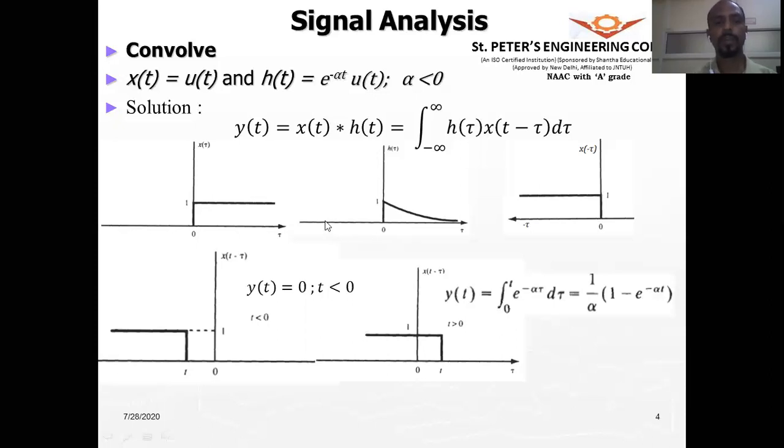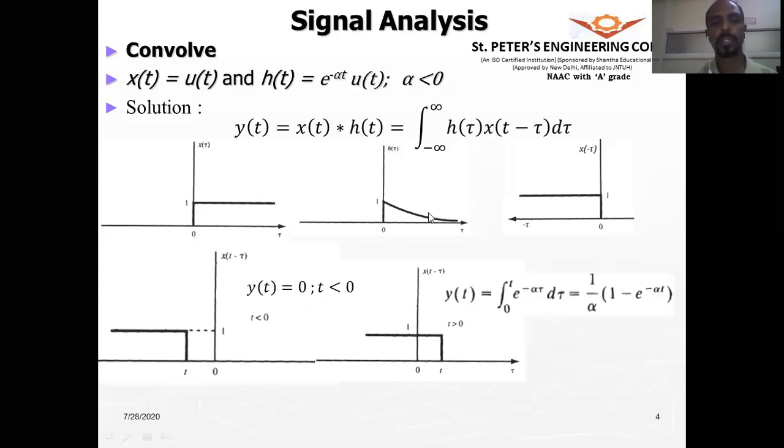So what we can conclude from this discussion is that I have taken two signals. They are not limited signals. That means it starts at 0 and goes on up to infinity. So it is not a bounded signal, right? It is going on up to infinity. Where does this u of t start? It starts at 0, it goes on up to infinity. Where does this h of tau, which is equal to e power minus alpha tau u of tau, start? It starts at 0 and it is exponentially decaying.